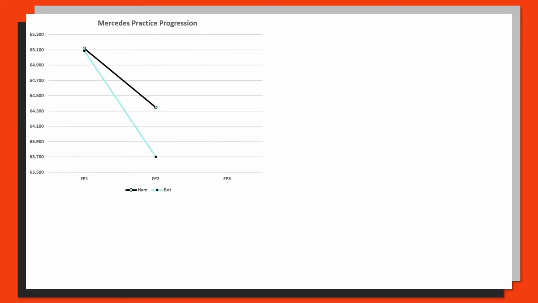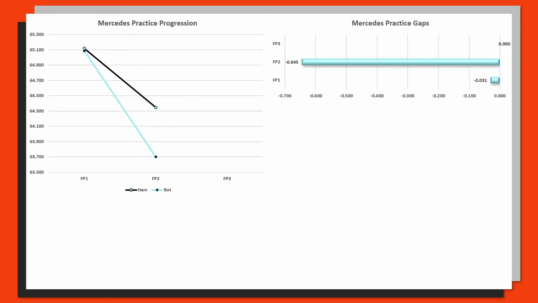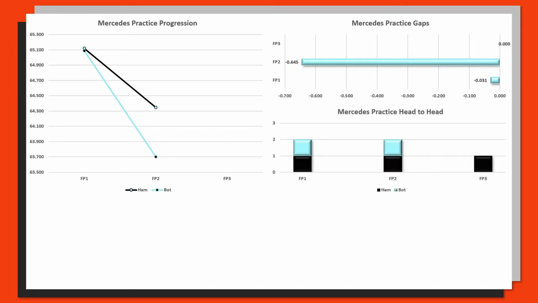course, Mercedes. So we can isolate the Mercedes driver progression, and we can see that Valtteri Bottas was the driver that was constantly ahead of Lewis Hamilton. And we can see by how much. In FP2, it was 6.5 tenths in favour of Valtteri Bottas. However, FP1 was hugely close, just 0.03 of a second, with